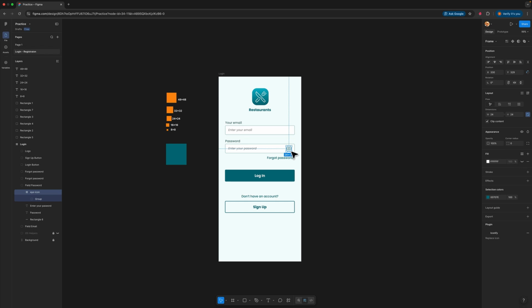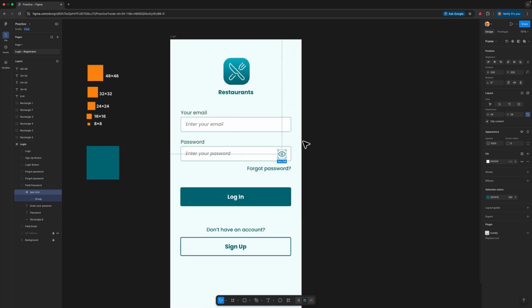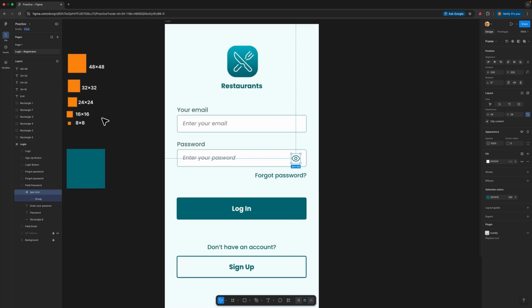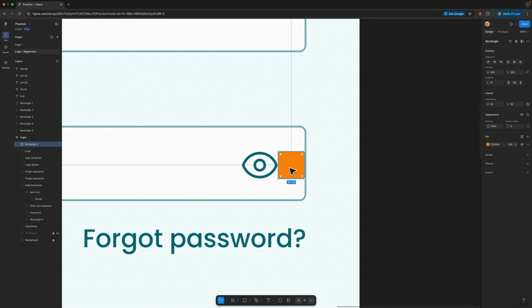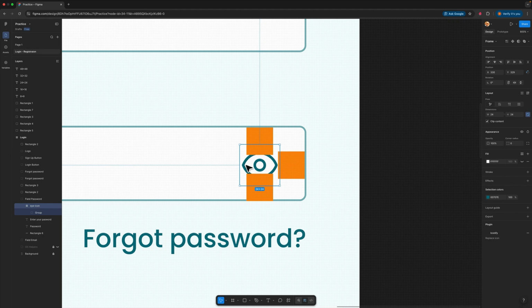I will double click on this eye icon, I will just zoom in and then I will grab my 16 by 16 square and I'll just place it here. I need this 16 square space all around, so I'll make a copy of it and I'll place it above this eye icon and then also one below it. So I need to make the eye icon a bit smaller to fit in this. I'll click on the eye icon and I will hold down shift and I will click and drag to make it a bit smaller,